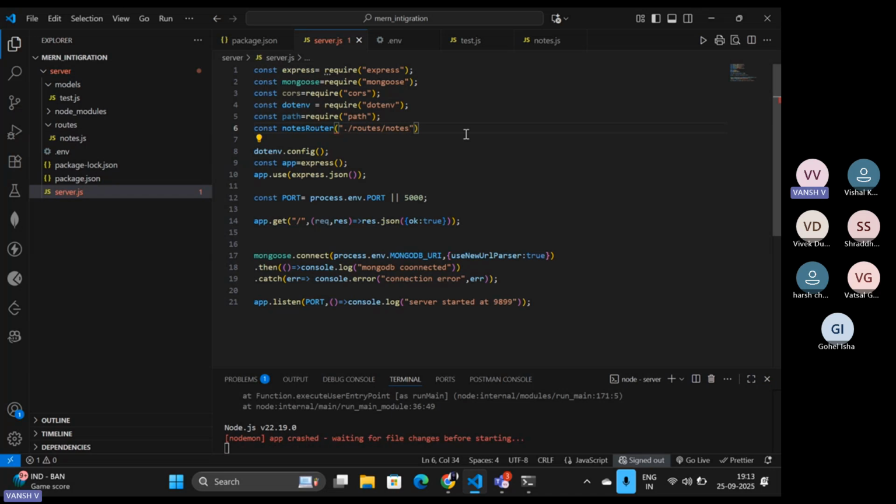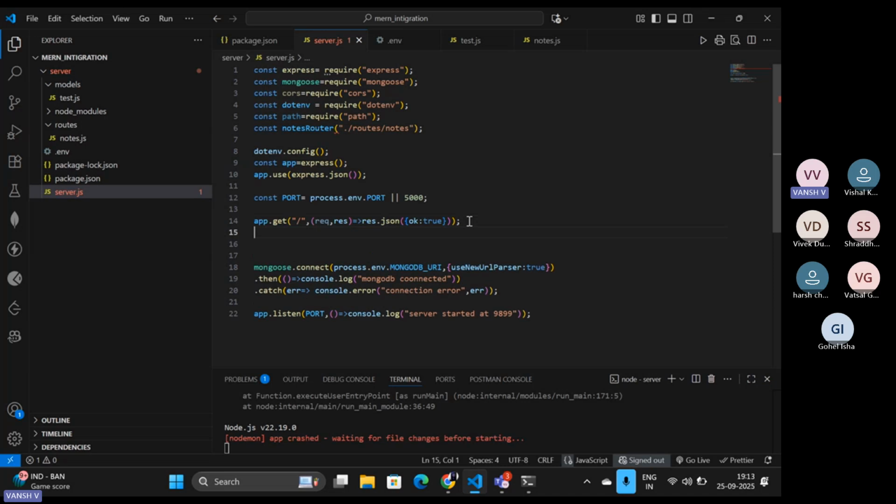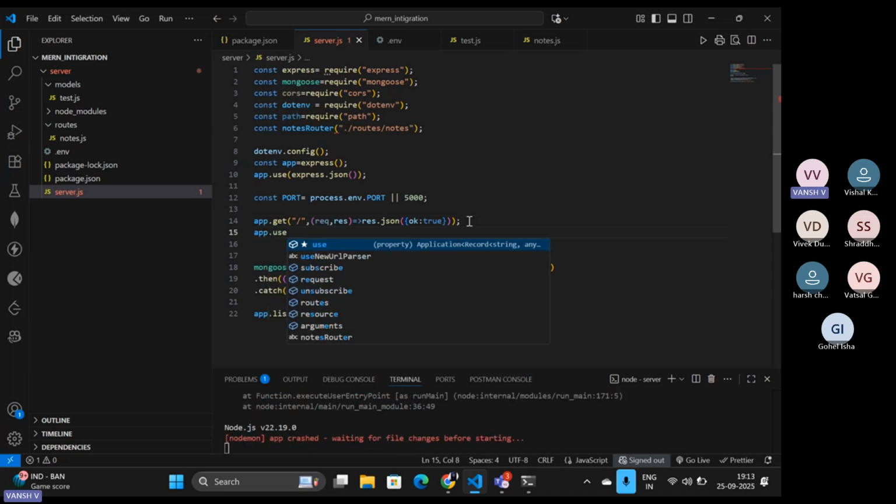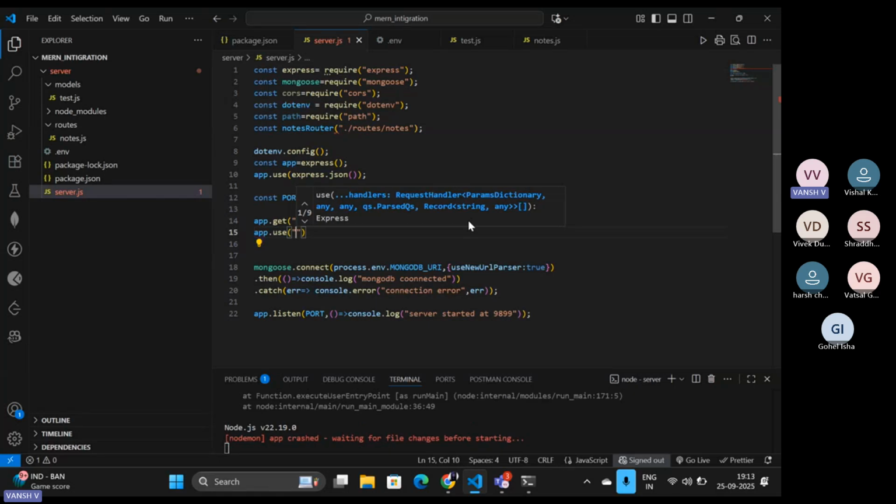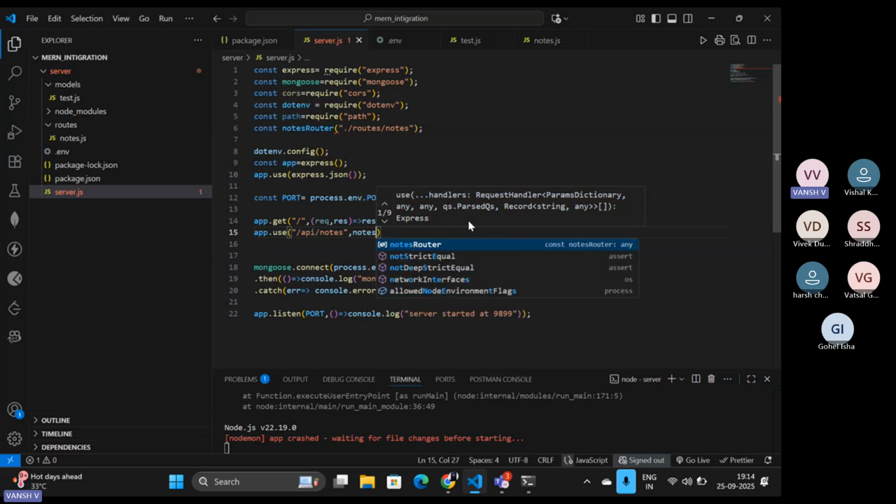We have done it. After this, I also want to use this. So after the slash get method, we can use it like app.use, and here we can use it like slash API, first go to this API, then slash notes section over there, and then call my particular notes route, which is